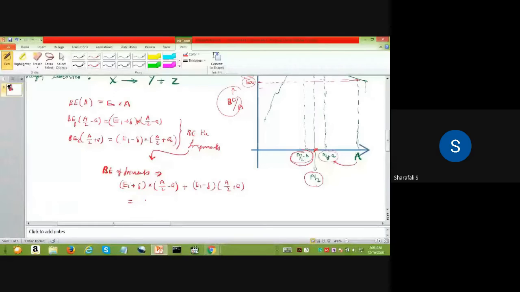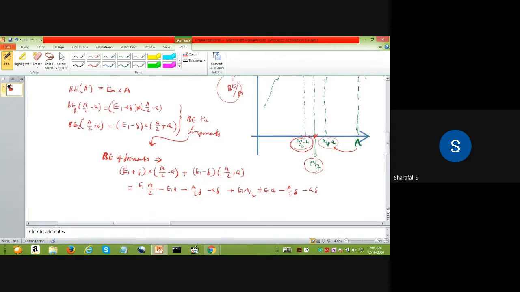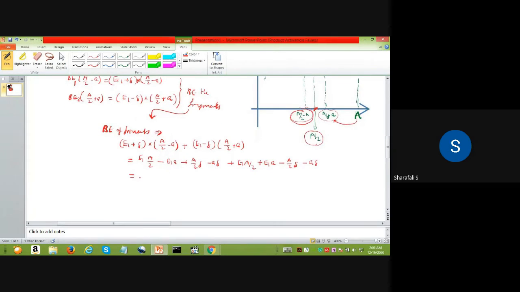Just expand this, E1 into A by 2 minus E1A. Then we have plus A by 2 delta, then minus A delta, plus E1A by 2, then E1A by 2, E1A. So this is plus E1A. Then we have A by 2 minus A by 2 delta, then minus A delta. So some of the terms will get cancelled, and finally you will get the result as